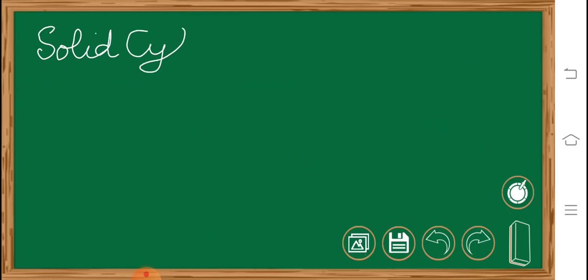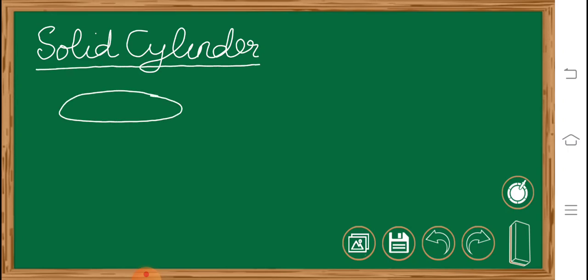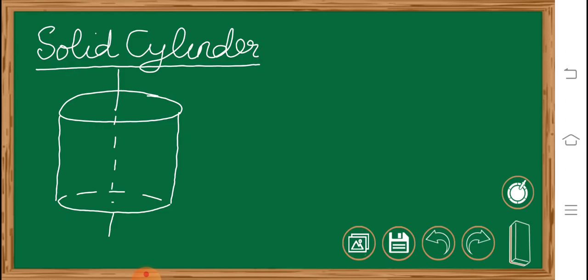Now if we come to the solid cylinder, suppose we have a solid cylinder. So this is a solid cylinder. It is the same as the hollow cylinder except for the part that it is solid. And if we draw the axis of the cylinder, this axis is the same axis about which we have to find the moment of inertia. If we again cut this cylinder into n smaller parts,